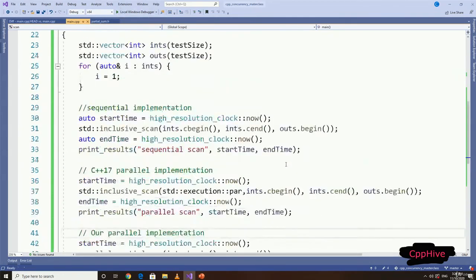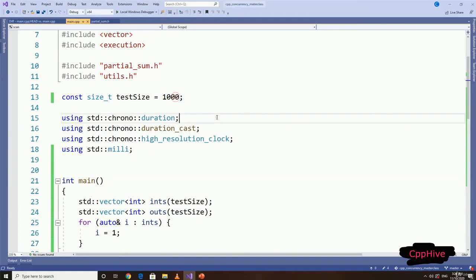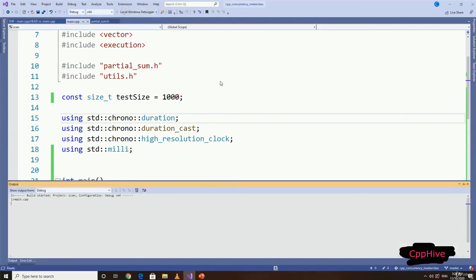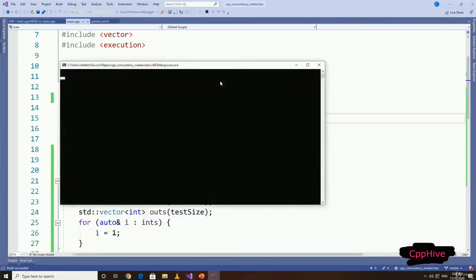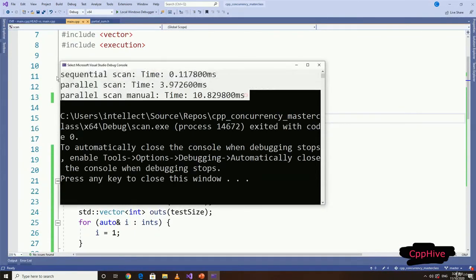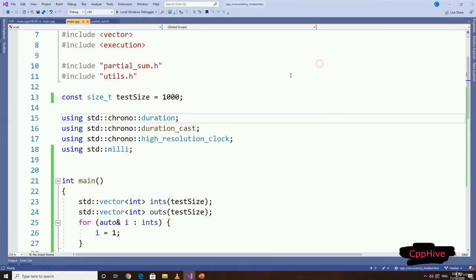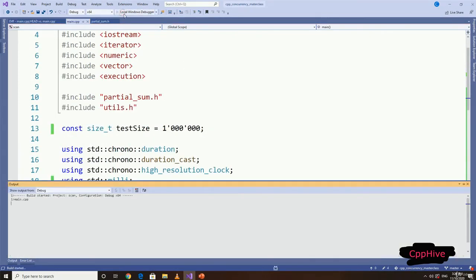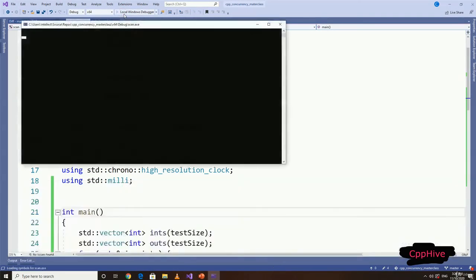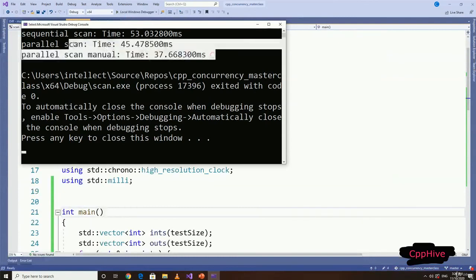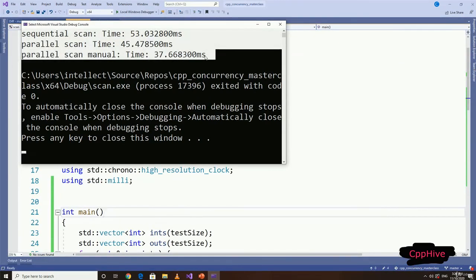Let's set the test data size to 1000 elements first. Okay, when the data size is 1000, the sequential implementation outperforms both the parallel implementations. This is not a surprise as we've seen this behavior before as well. Now let's set the dataset size to 1 million elements and run this example again. Okay, in this case you can see both our parallel implementations are outperforming the sequential implementation by a substantial margin.